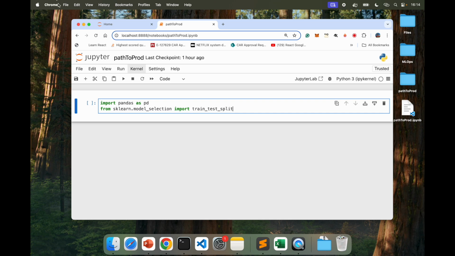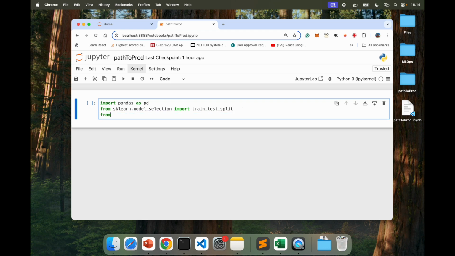And the second line, which is from sklearn model selection import train test split. This imports the train test split function from sklearn, which is used to split the data set into training and testing sets. Let's go to the next one, which is from sklearn dot